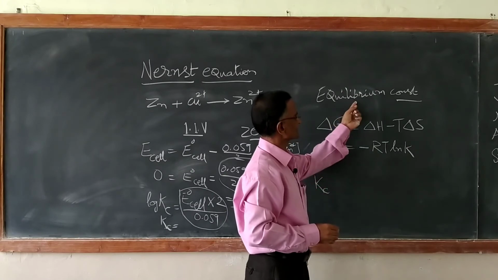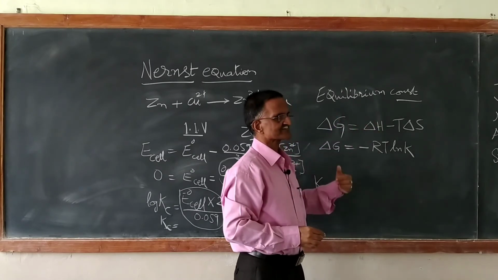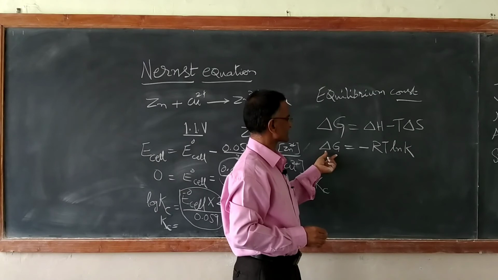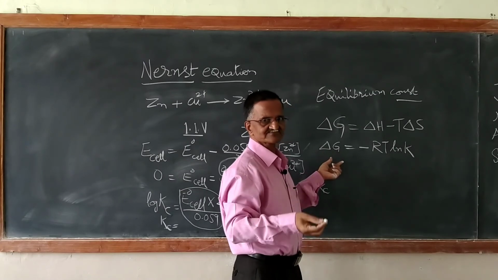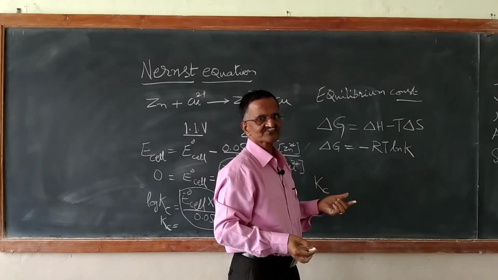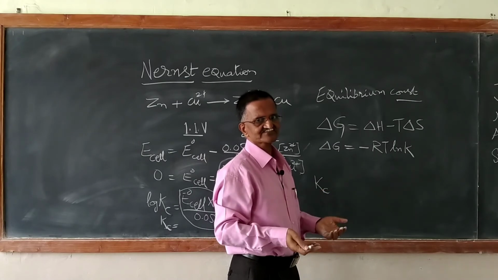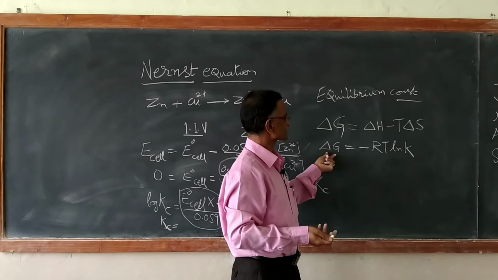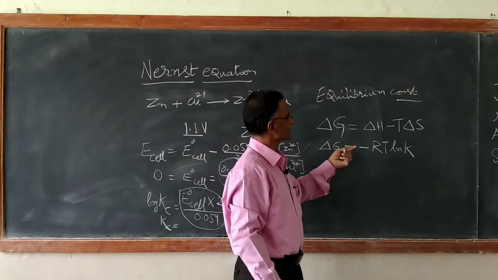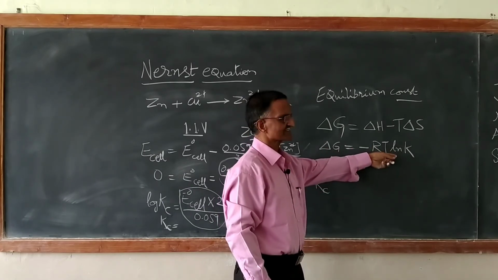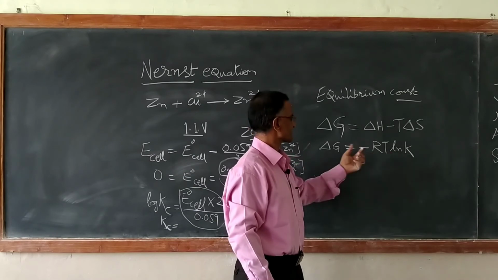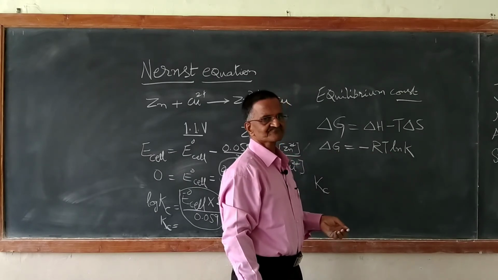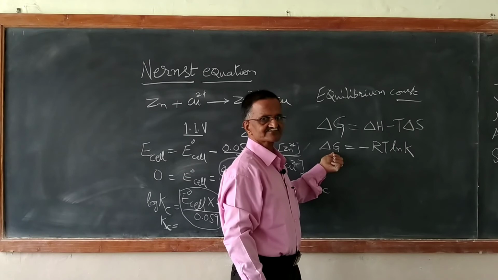So that means once you have the electrochemical cell at work, what is the decrease in its free energy? When the electrochemical cell is at work, it is giving you energy. There is a decrease in its free energy. How much is it? You can tell. So from the state of equilibrium, we could calculate delta G. So this way also we can arrive at delta G.